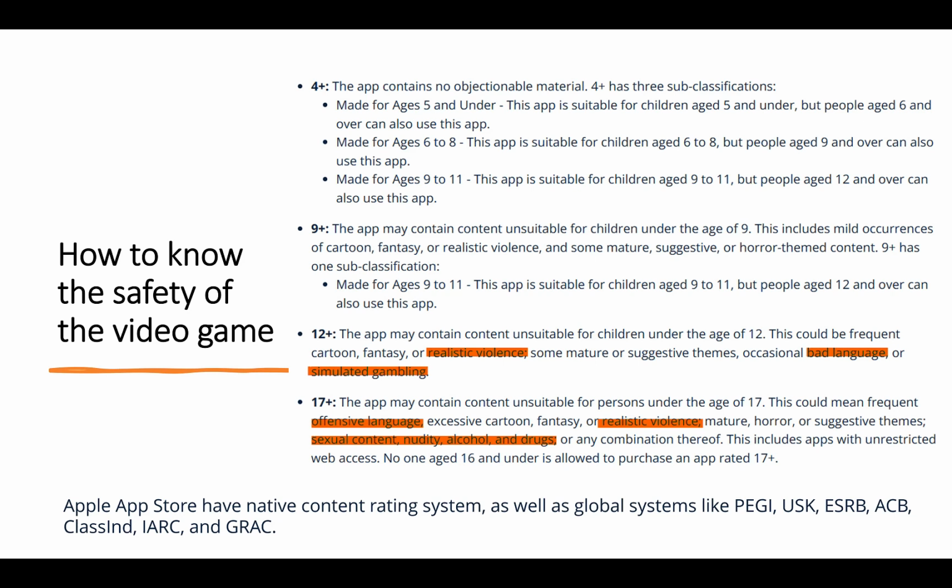So there are certain apps where you see the alarming content in front of you, but in the back end there are multiple other things going on as well. We will come back to that. So here: violence, sexual content, nudity, alcohol, and drugs. Those were introduced in those 17 plus games, but the alarming thing is those 17 plus games are used by kids at 9 plus, right? That's the alarming thing here.